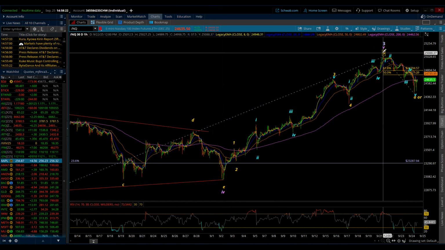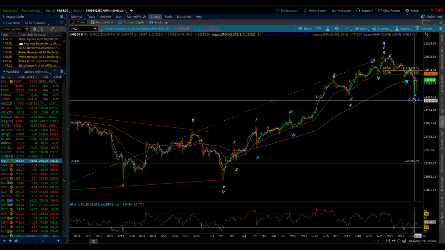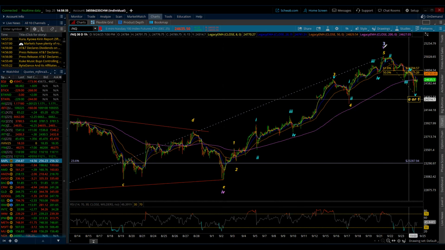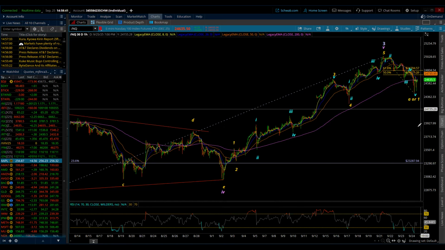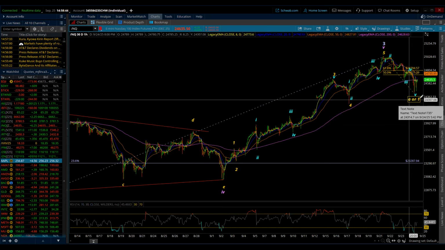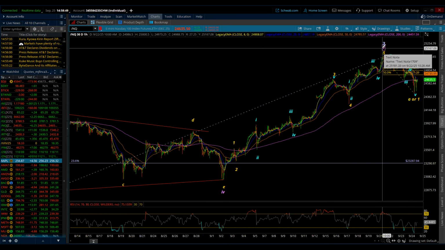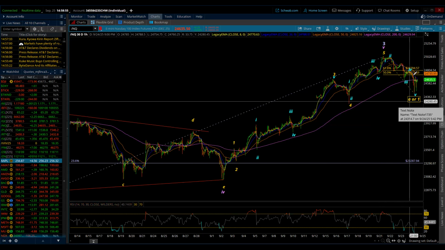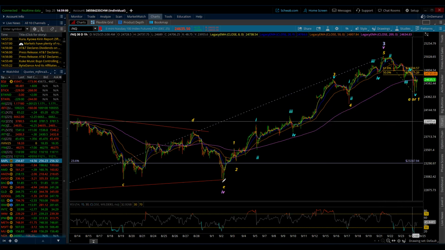So again, I'm looking for either a wave one here on a sub-minuet, not labeled, or it's wave A, sub-minuet wave A of minuet wave A. So either way, if we're going to come down in five, it's either going to be this A wave or it's going to be wave one out of five to form minuet wave A. Now I'm leaning again towards this one because if it's one, then I get a two, and then I get a three and a four and a five, we're basically almost down to here.